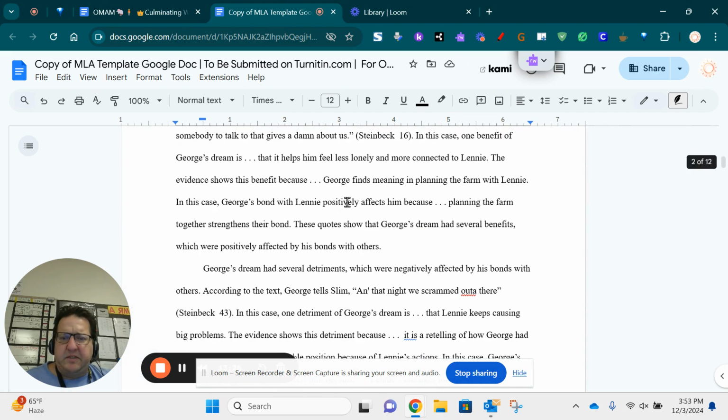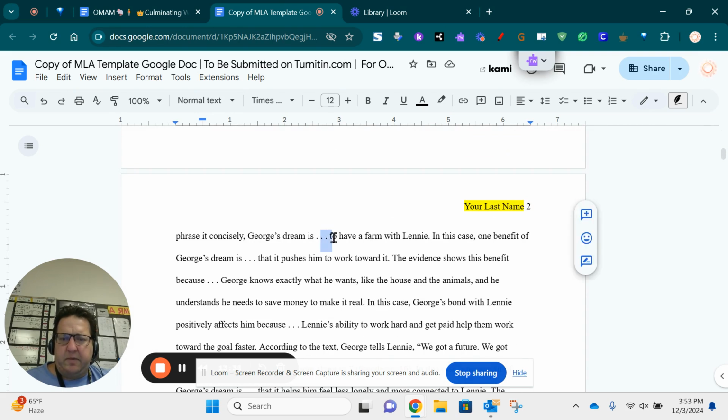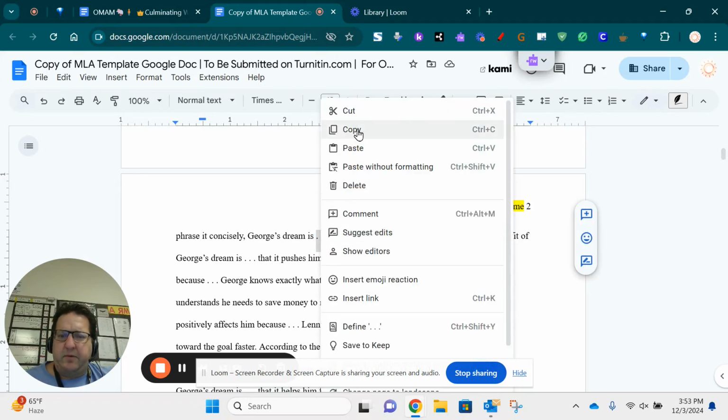The last thing I'm going to do, it depends on how you completed the templates, but you may have ellipses. So like, for example, right here. Okay, so I'm going to do something similar, but I'm going to do it like this. See, it's period, space, period, space, period, space. But I'm not going to do everything in between. Why? Because if I do that, it'll replace this, and I replace this with nothing. It's going to merge a bunch of words together. It's going to be like George's dream is to have a farm, which isn't correct, right? So rather than have that result, I'm just going to do it that way.